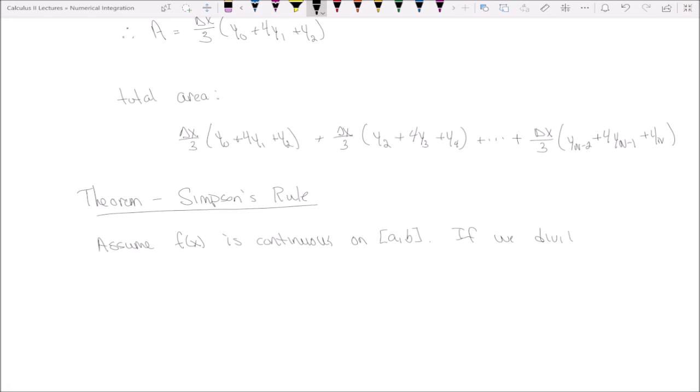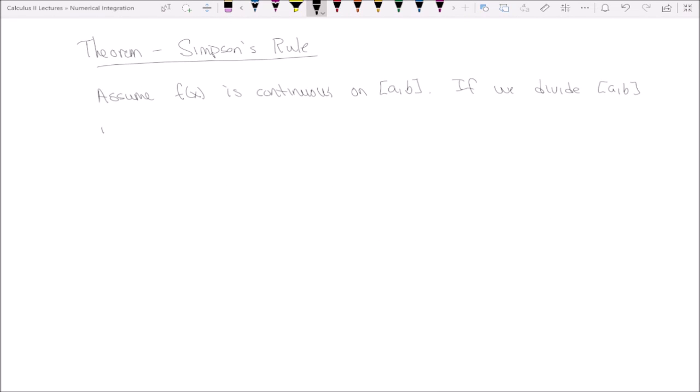So if we divide AB into n subintervals of equal length, delta x equals b minus a over n, then we can approximate the integral from a to b of f of x dx as S sub n, and I should specify here